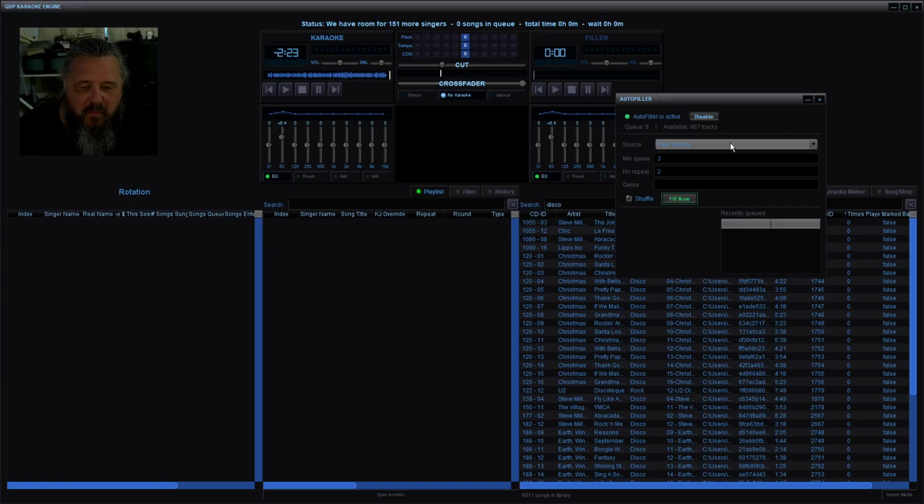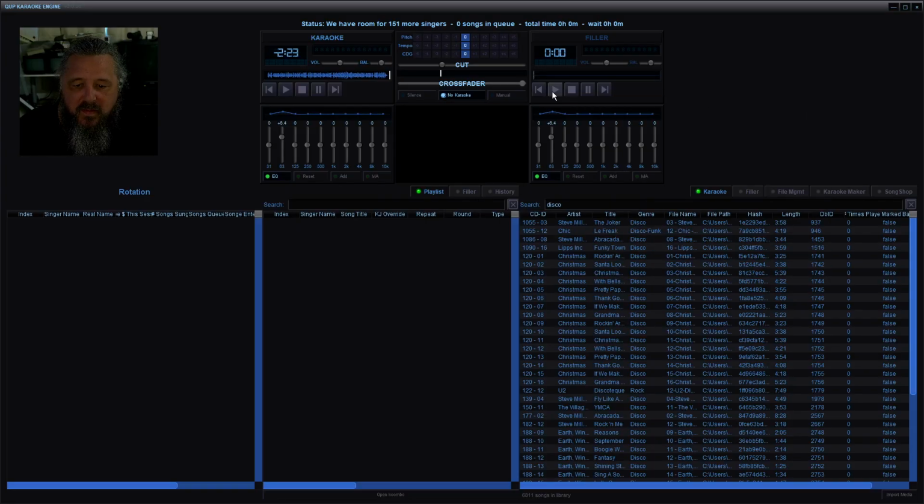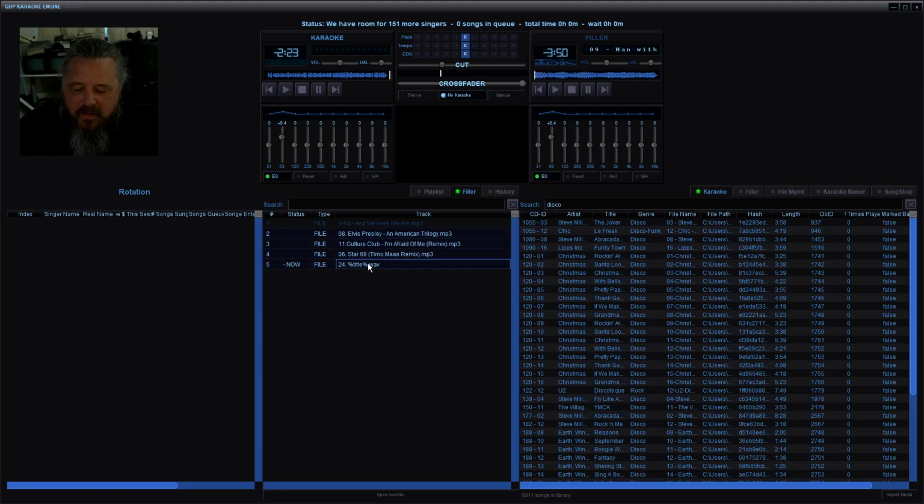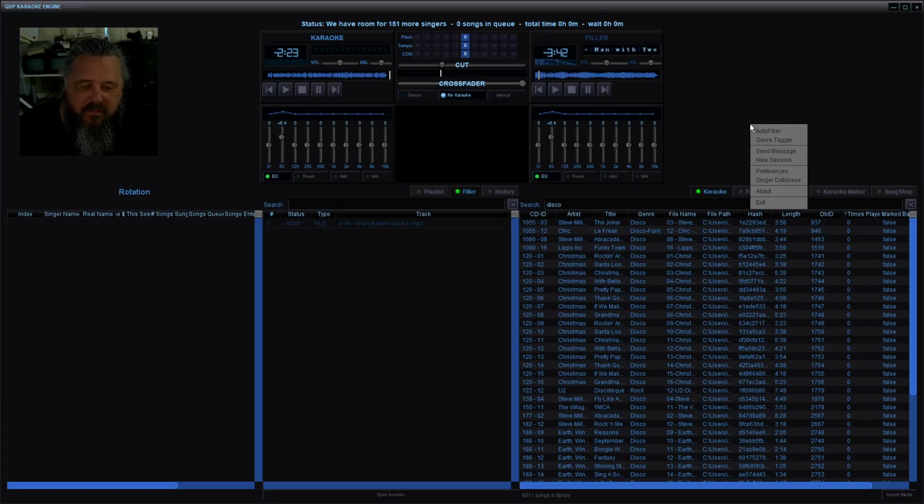Well, maybe that's not working the way it's supposed to. It says Q9. Oh, you know what it is. That's what it is. You have to have filler playing for it to actually do something. So if I remove these, once this gets done playing, filler should